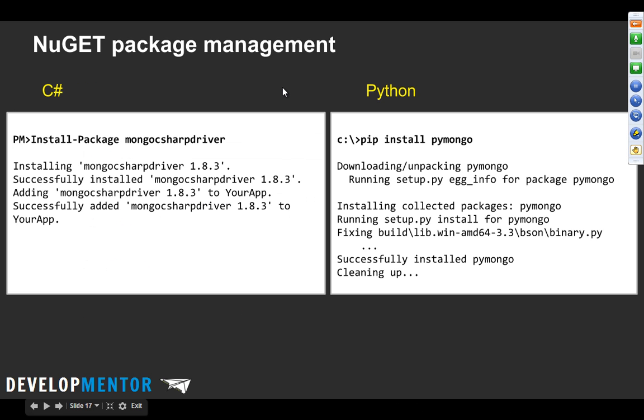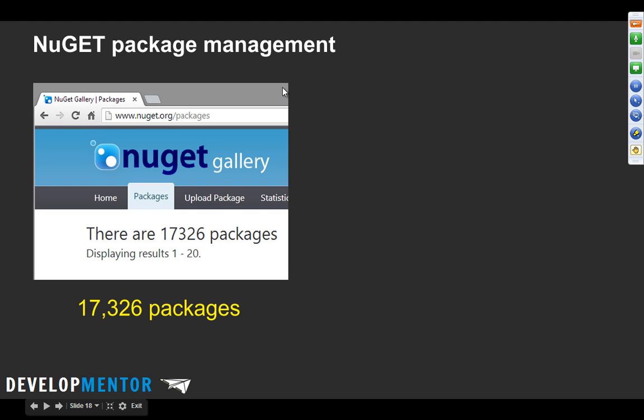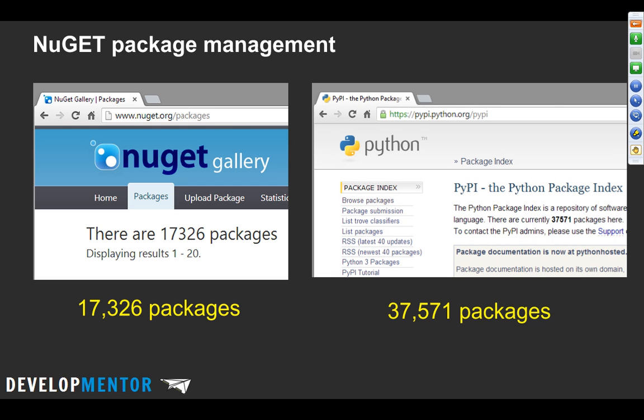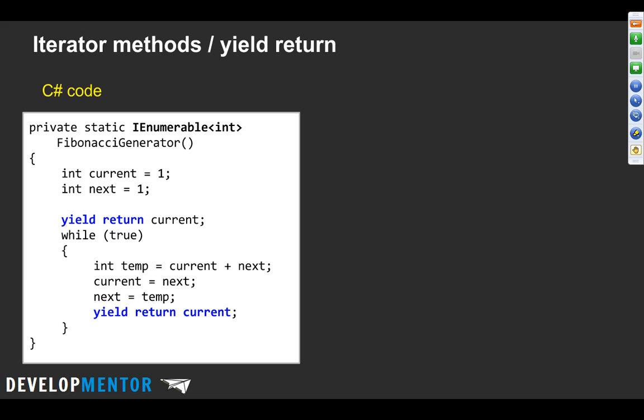So we have NuGet, this package management, and you might be thinking NuGet is super awesome because there are 17,000 libraries I can get off of NuGet. That is awesome. Python has 37,000. So Python is batteries included, just like .NET: lots and lots of stuff, lots of open source, a lot of community, and a lot built-in. .NET's built-in library is bigger. Python's non-built-in library is bigger, I would say. So, pretty fair.